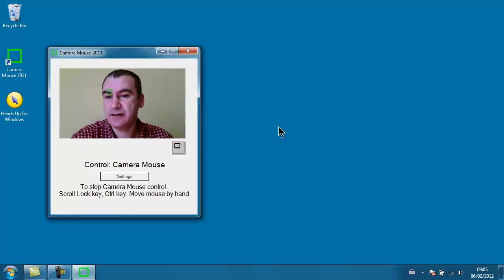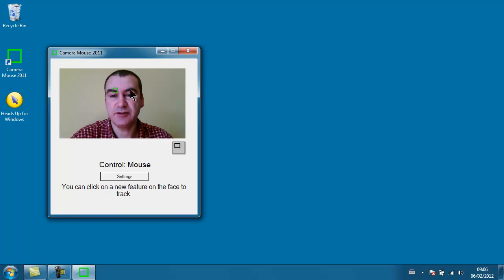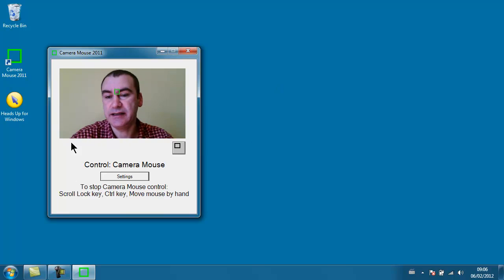And after a couple of seconds of not moving the mouse, Camera Mouse will automatically jump in and start controlling it from the camera feed. So as I'm moving my head now, the mouse is moving about. If I move the mouse, it's switched over to mouse control again, and Camera Mouse has stopped tracking. I'm just going to change the point that it's tracking by clicking again, and if I wait for a couple of seconds, Camera Mouse will pick up again, and there you go, it's got it